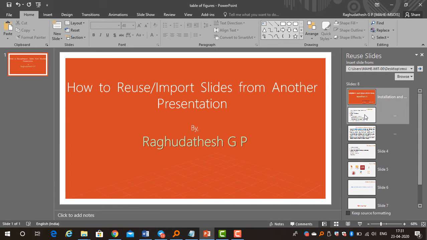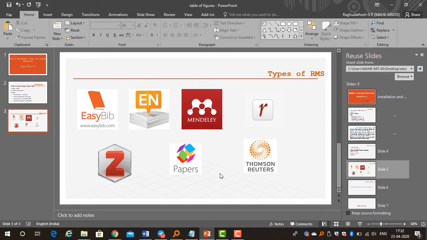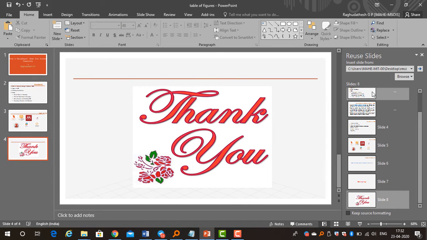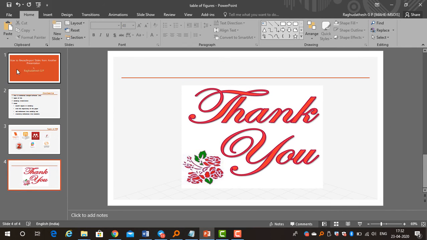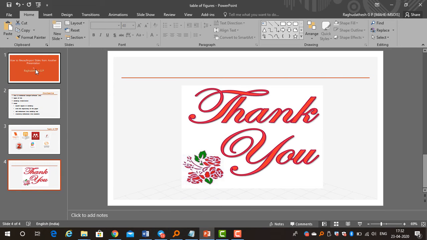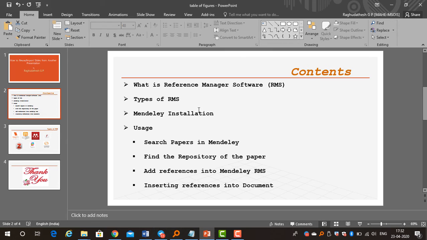So I want content, so it is automatically incorporated into this presentation. So I want slide 5, so it has been added. Likewise I want to add slide 8, so this has been added. Now close this one. So the slides from the other presentation have been added to your presentation. This is how you can reuse or import slides from one presentation into another